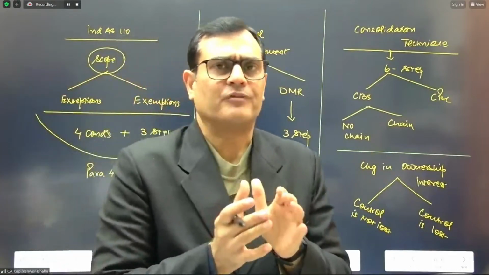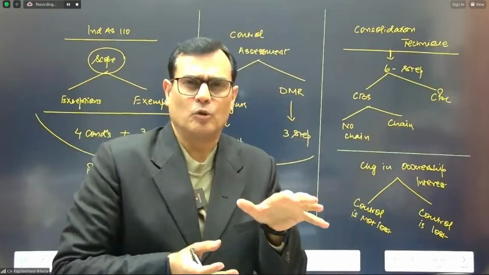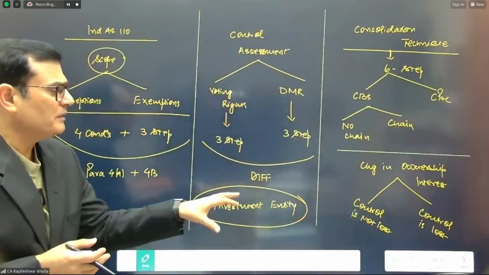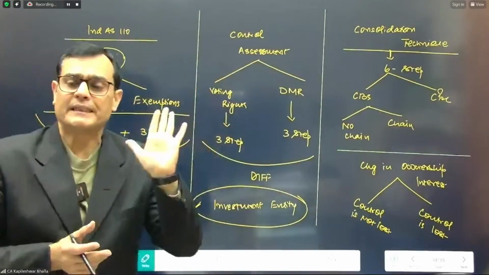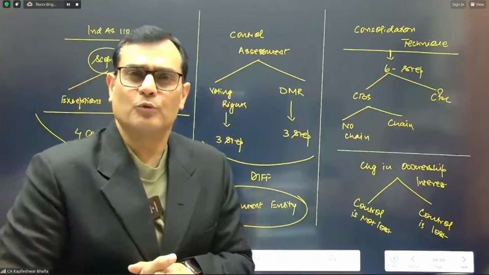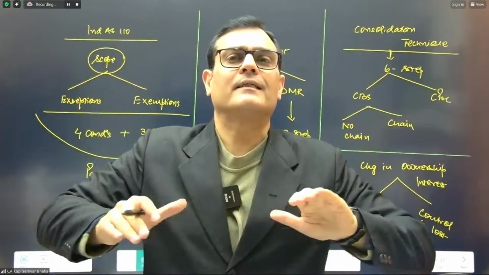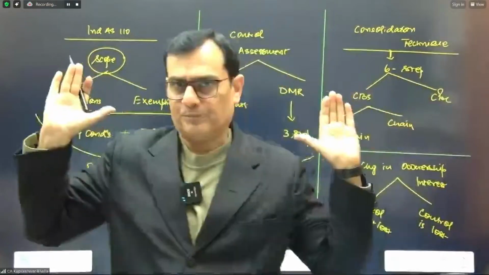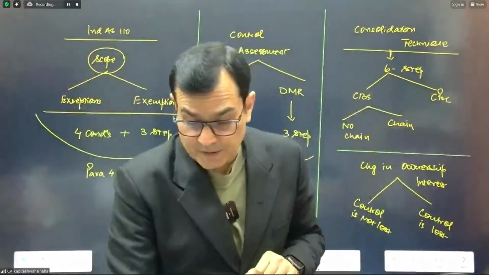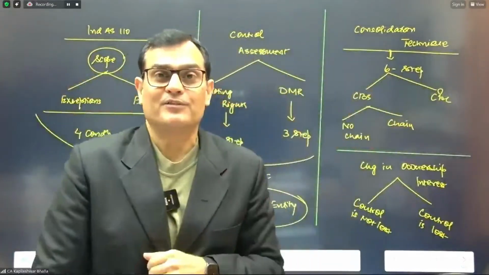So considering the time frame, considering everything, I didn't go into details. I just gave you some basic input of what an investment entity is. But you can go through all this. As far as investment entity is concerned, Index 110 gets completed at this stage. So that is the marathon on Index 110.